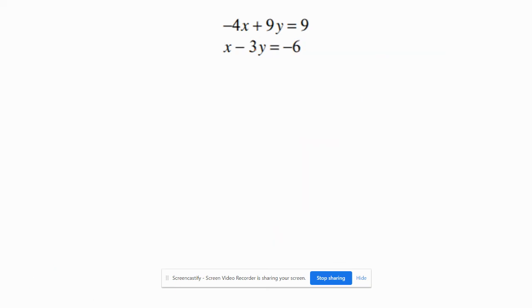Here we have a 3 and a 9, or we could do the x. It doesn't matter which one. I can multiply this by 4, or I can multiply this one by